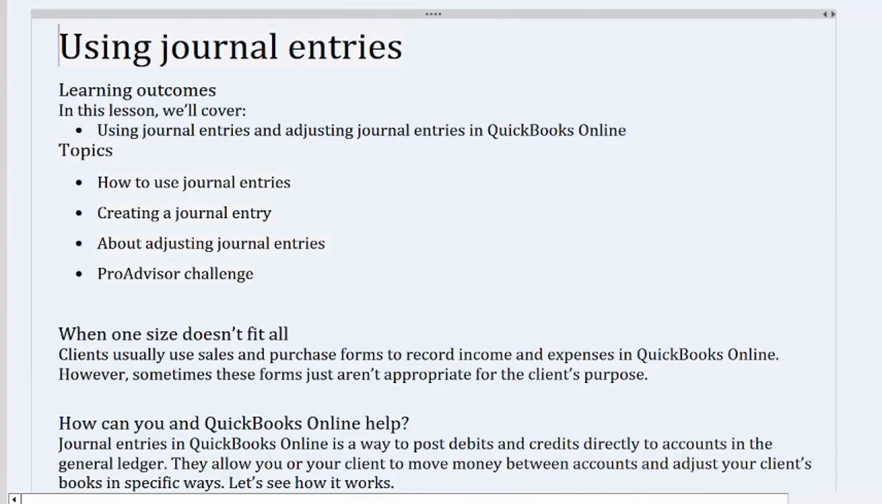Using journal entries. Learning outcomes. In this lesson, we'll cover using journal entries and adjusting journal entries in QuickBooks Online. Topics: how to use journal entries, creating a journal entry, about adjusting journal entries, Pro Advisor Challenge, when one size